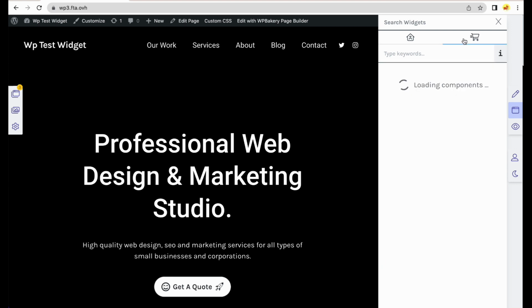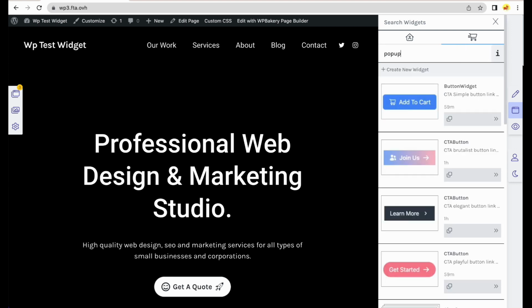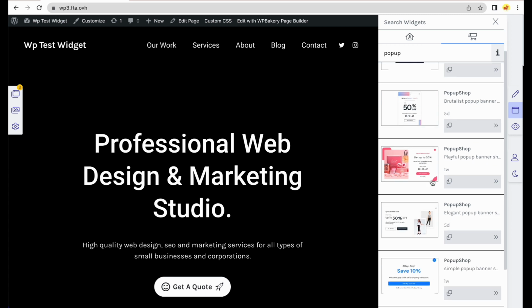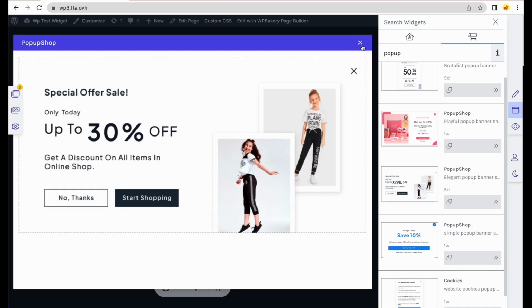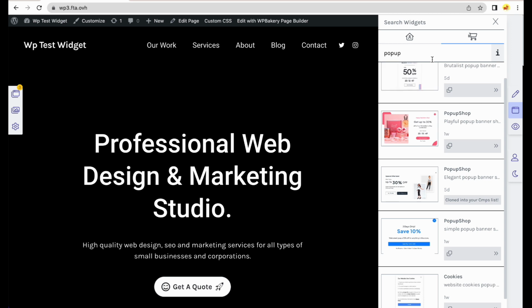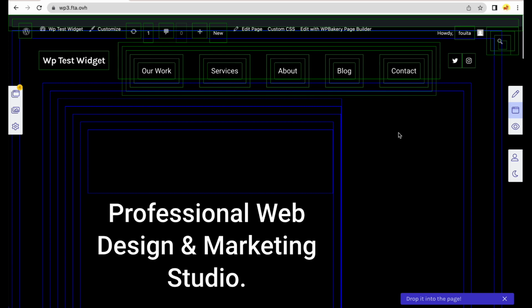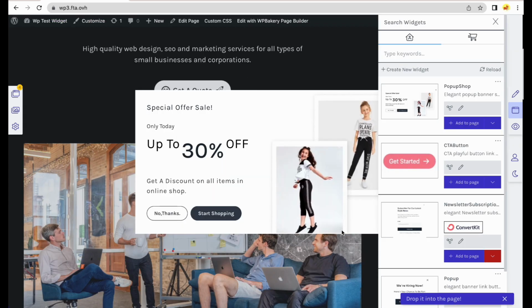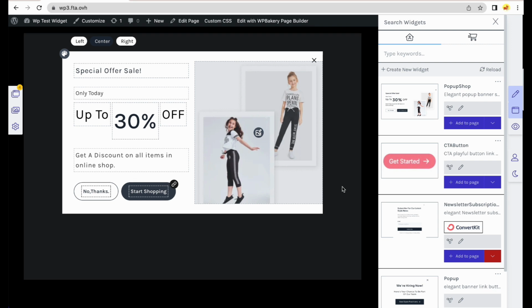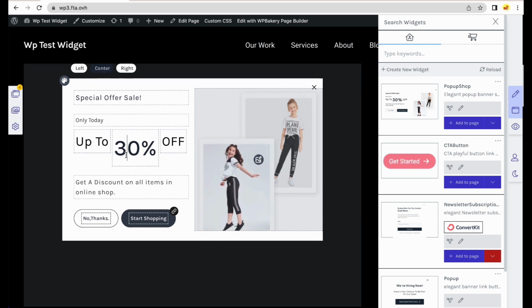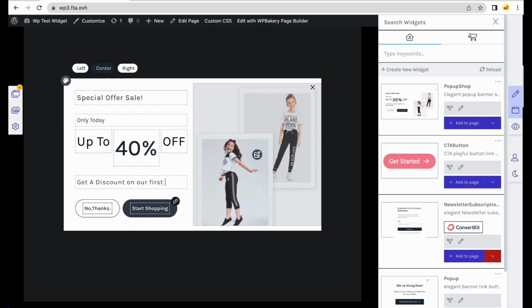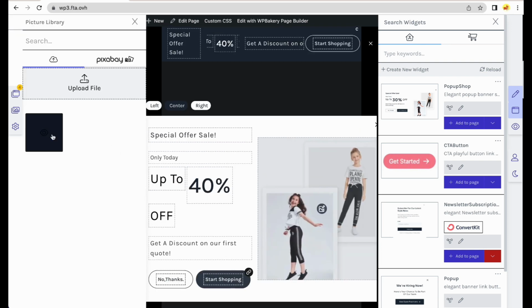Let's see now how to add or update some images. Let's pick this pop-up widget, clone it, and go back and add it to our page. Choose this place. Let's say it's 40%. We can update the text, of course. Get our first code. And when we click on the image icon,